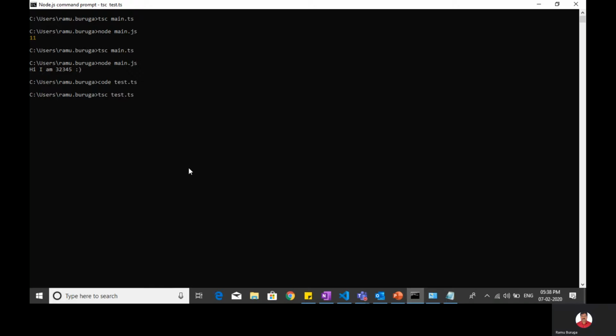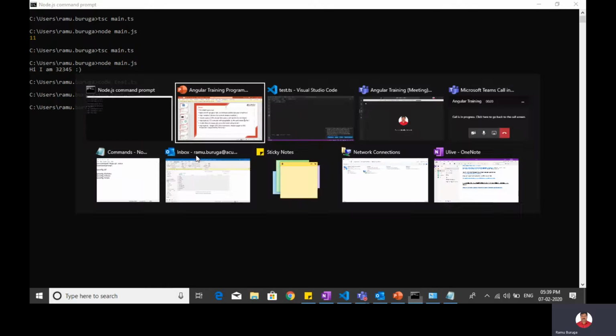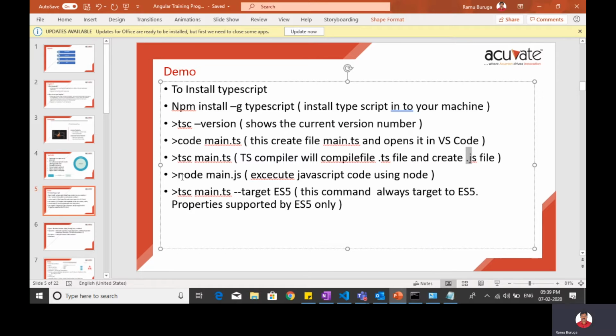Test.ts. It is already created, I guess. So this is the command to execute that JS file from the command prompt. Normally we use this JS file in one of our HTML files and see the output, right?